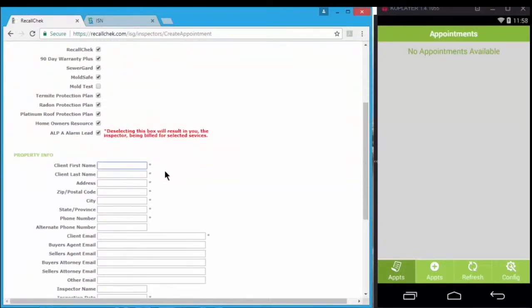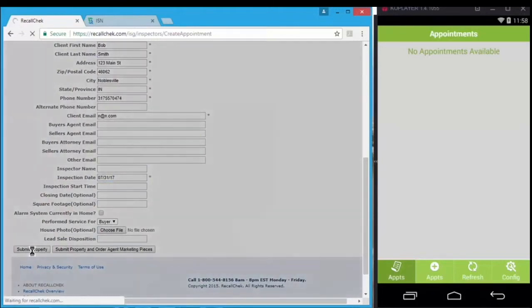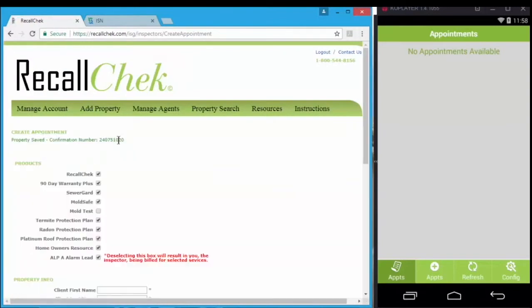So let's just say that we're doing Bob Smith, 123 Main Street. Enter the zip code here. Putting in a phone number because my account's set to the Alarm and Concierge program, which is required. I'm just going to make up an email, and then you're going to select any inspection date for the client. You're simply going to hit Submit Property down at the bottom, and as soon as this page refreshes, you see